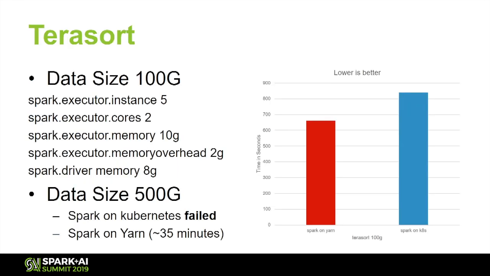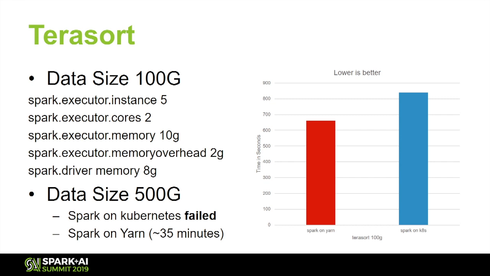And here's the first benchmark we run, the Terasort. As you may all know, Terasort is a well-known sort benchmark for big data. It is from the sort benchmark, and it generates the data on the HDFS, reads the input file, sorts it, and finally writes the data. And the configuration we use is 5 executors,